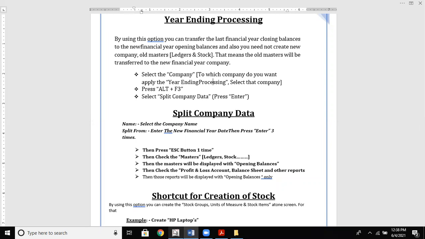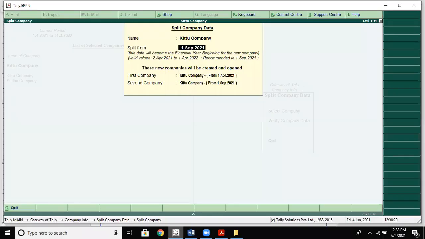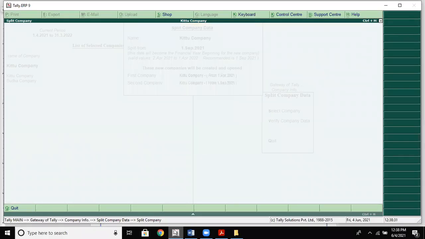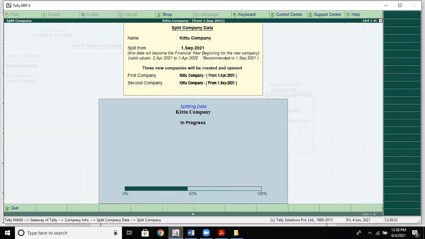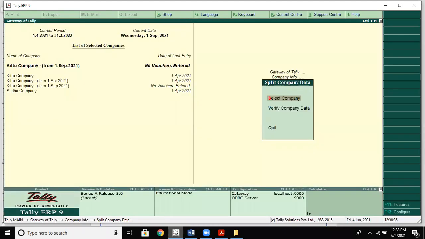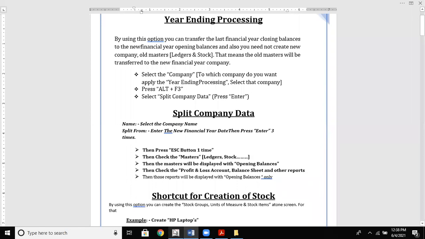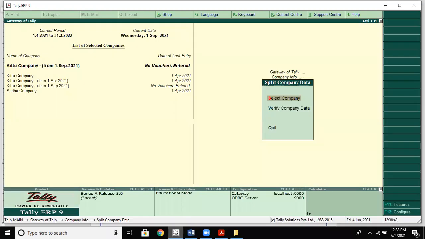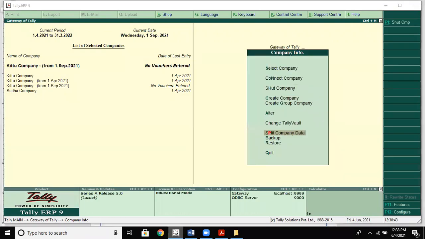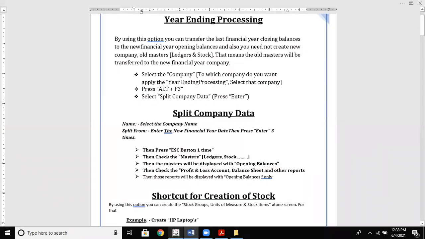Here you're going to press enter 3 times. After pressing 3 times, press the escape button. Then click on masters.